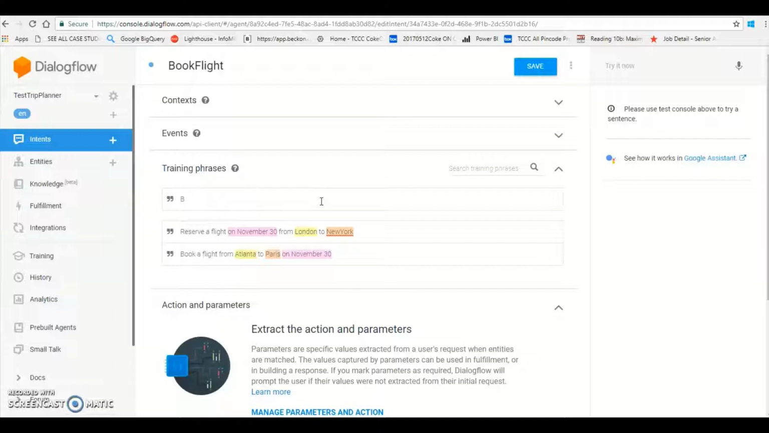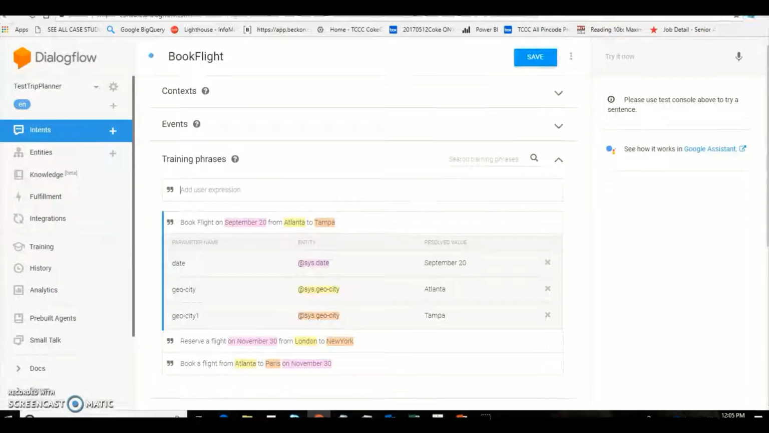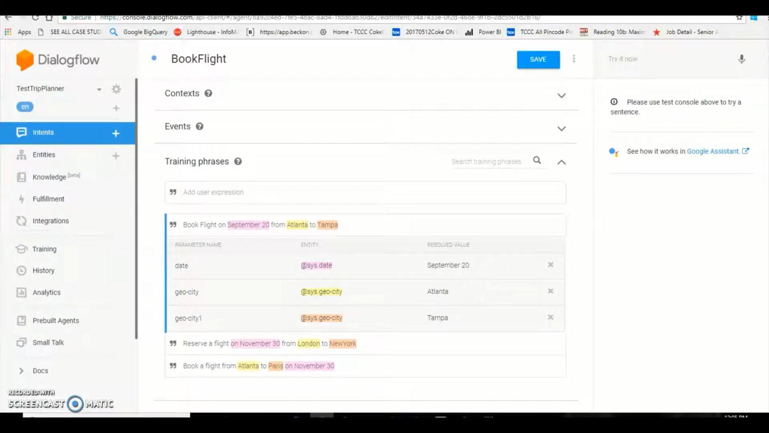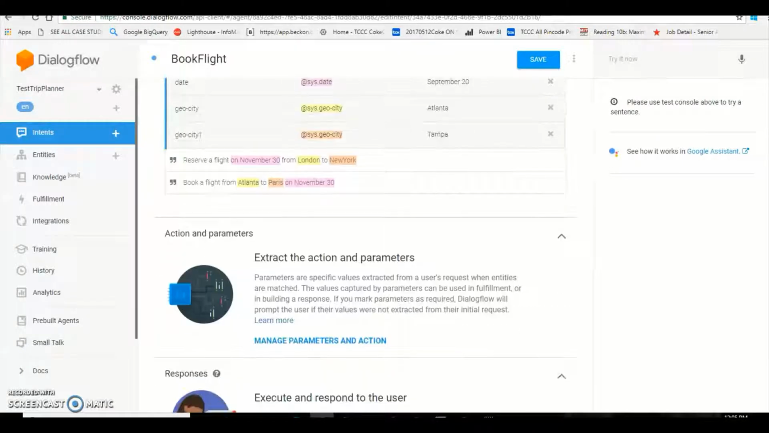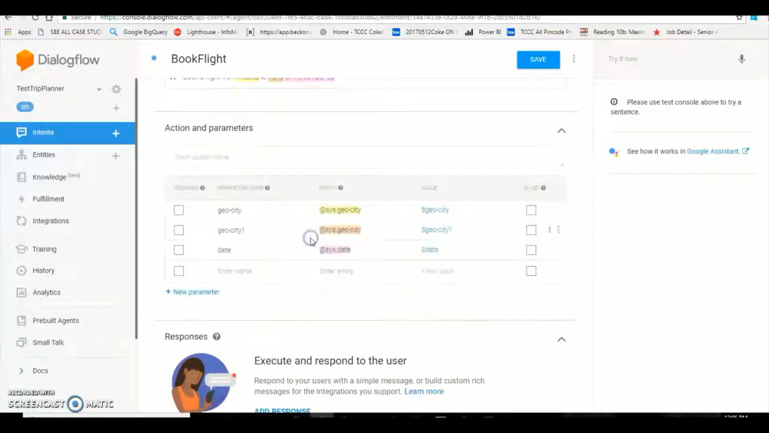Let's say book flight on September 20 from Atlanta to Tampa. Alright, so we have created a couple of training phrases. Now let's go and create our action parameters. So action parameters is the information which we provide to make sure that mandatory fields have been entered